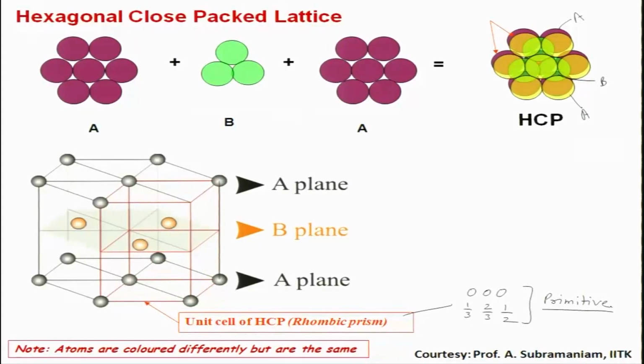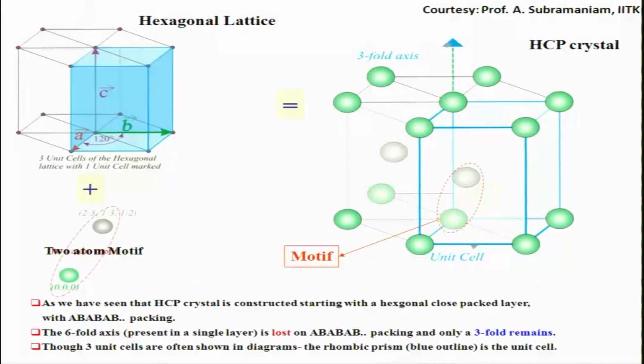Primitive lattice with the motif being a combination of these two atoms. So this is basically the hexagonal unit cell, the smaller lattice,